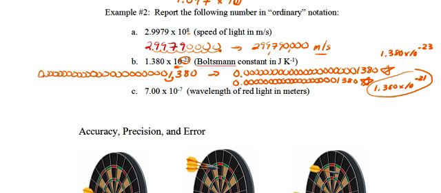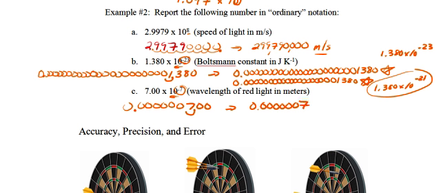We have 7.00 times 10 to the negative 7, which happens to be the wavelength of red light in meters. And so once again, we're going to write out our number and then move the decimal. It has to move 7 places to the left because it's a negative number. So we have 1, 2, 3, 4, 5, 6, 7. The decimal would be placed there. So our number is